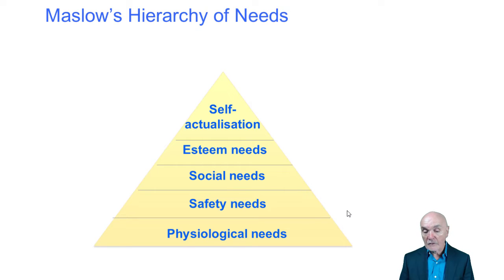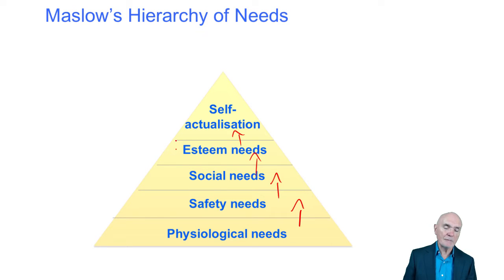We need to be ultimately thinking about those. Now, there's a number of problems with this model. What Maslow said is that we go up it in a very hierarchical form. He says, we do go up it like that. Once one need is met, it becomes not motivating anymore. So once you have enough money to live comfortably, he was kind of saying money is not going to be a motivator anymore. What you want now is free time to allow you to fulfill your social needs. And then once your social needs are kind of fulfilled, what you then need is kind of respect, I suppose, from your peers, esteem needs.